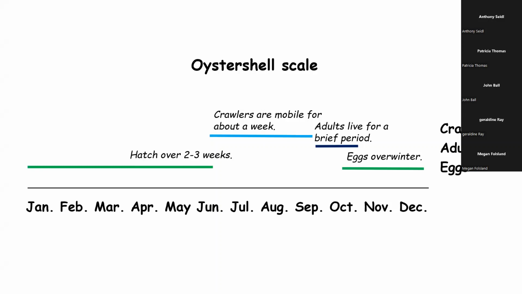Now the eggs are underneath their dead mom. All right, so you'll just see the shells, but they're going to crawl on underneath her, starting pretty quick. In fact, right now. And they'll be doing that over a very short time period. And the crawlers are only mobile for about a week. In other words, they scurry about very quickly. They stay right on the twig. They don't move out to the leaf. They don't have enough time.